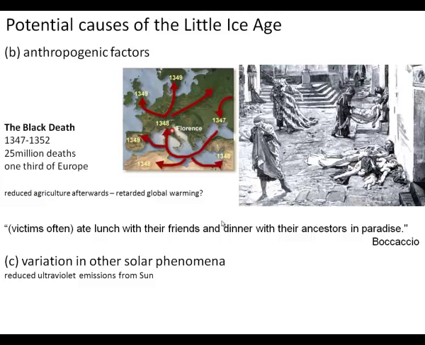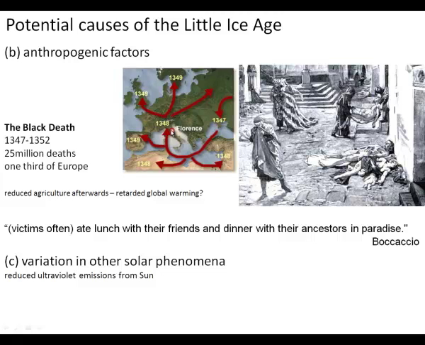Now, variation in the amount of total solar irradiance is not the only potential cause of the Little Ice Age. We're going to look at one other one in particular detail, but just in passing, I thought we'd look at this potentially very gruesome cause, and this is linked to actually human activities. The suggestion is that a reduction in agricultural activities after the Black Death would have retarded global warming and may have been sufficient to then induce the Little Ice Age. The Black Death then,